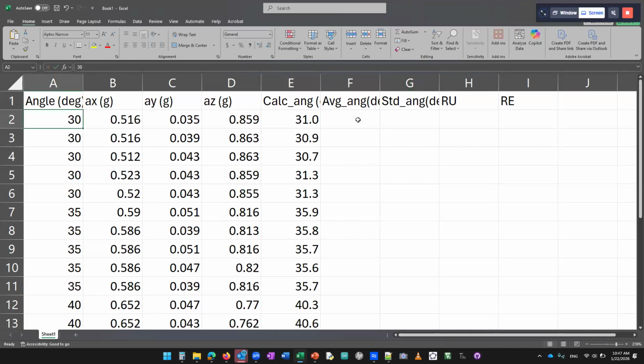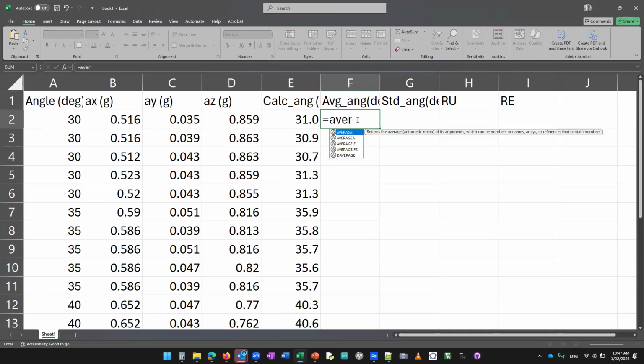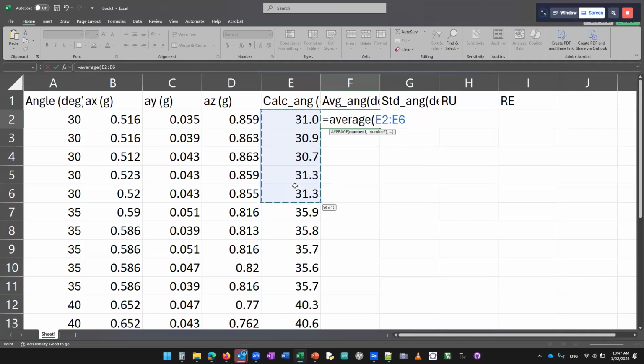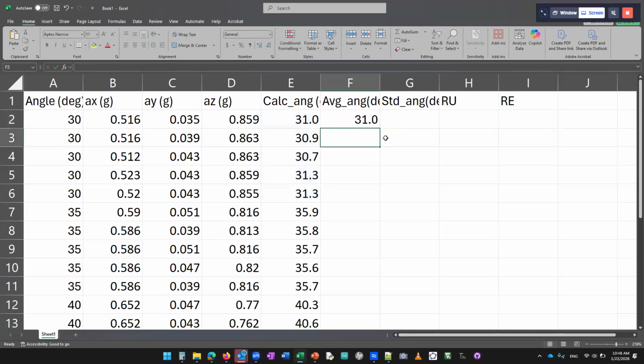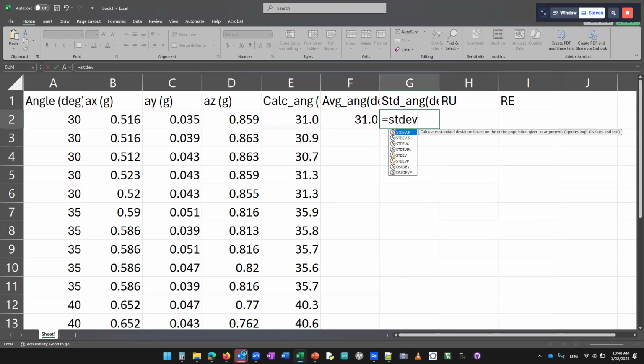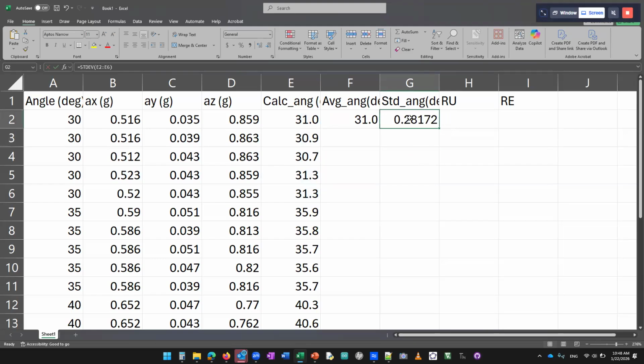So let's calculate the average. This should be just average. And I'll select 1, 2, 3, 4, 5. Okay, here we go. So file them, close parentheses, and hit enter. And the standard deviation is just STDEV. Also the same range of angles involved. Okay, so the standard